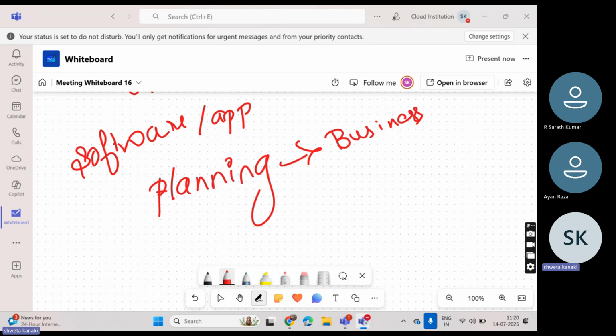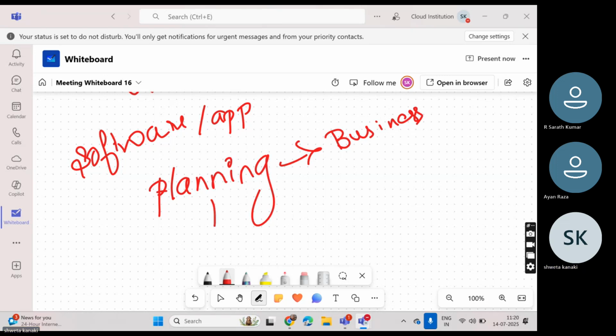So if I want to meet the client, will a developer directly go? No, there is a business developer, and that person will do the planning and everything, how the requirement is for them. They will plan according to that and collaborate with the client. That is the planning they will do.